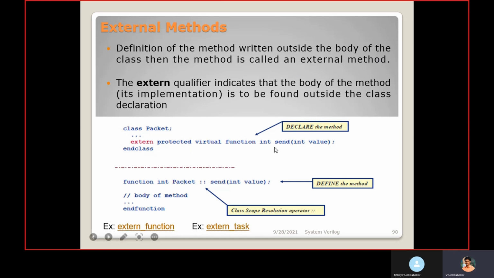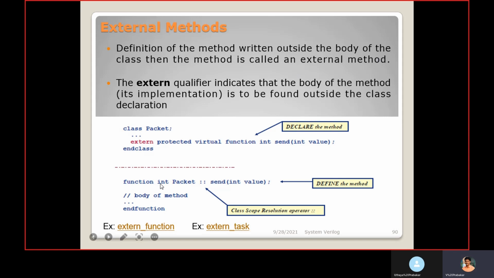Virtual function int send. Send is the method name. It's a type of int. Then here, for argument passing, the input argument value is declared as int. So the implementation of this function will be mentioned outside the class.